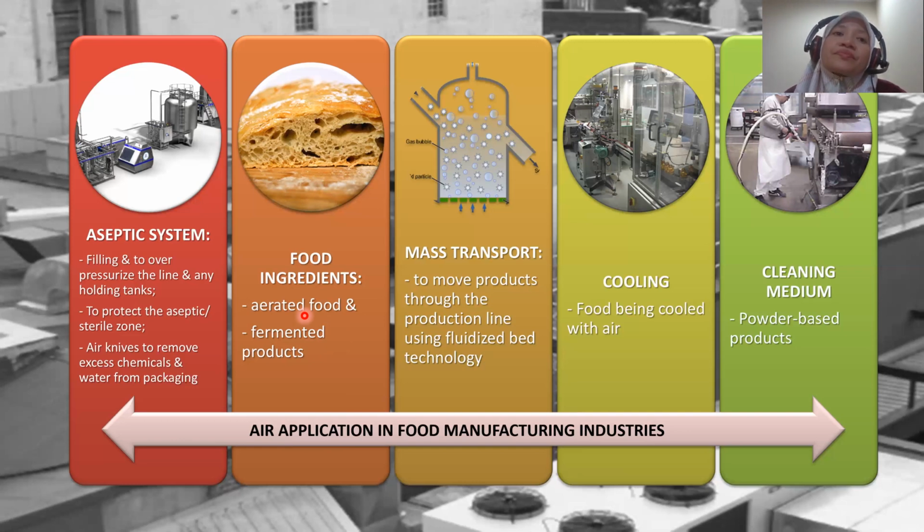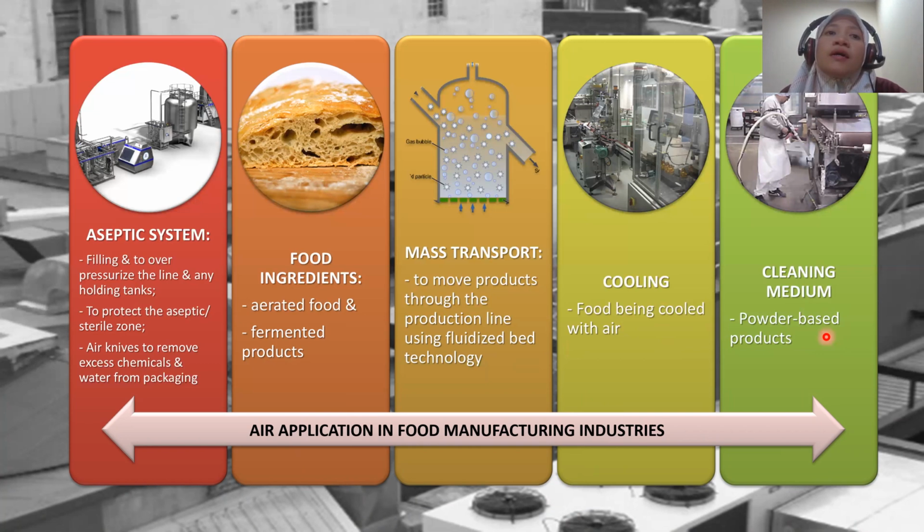Air is also commonly used as a medium of transportation within production lines, especially for particulate ingredients or products. In some food production, air is used to cool the product after cooking or sterilizing. And finally, air is also used as a cleaning medium in the food industry,